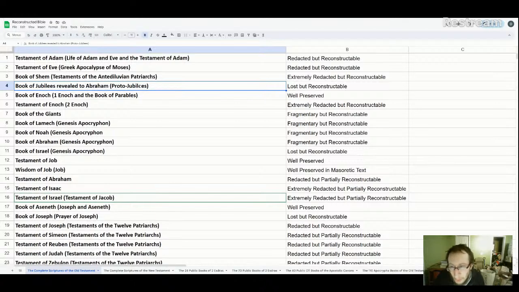So scholars refer to a document, they call it Proto-Jubilees or Pseudo-Jubilees, that was found in the Dead Sea Scrolls in a single fragment or a couple fragments. And it appears to be completely different from Jubilees, but very similar, but appears to be a different book entirely. So let me show you guys from the Book of Jubilees that it basically tells us that there's various books that were written of the patriarchs. So let me just, one second here. Got to refresh the tab.